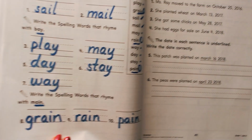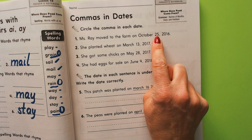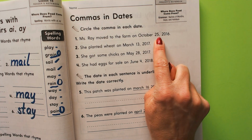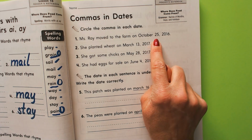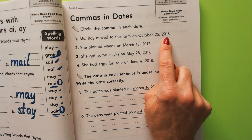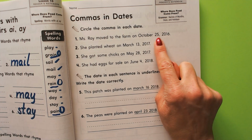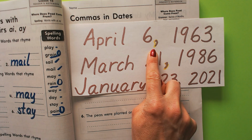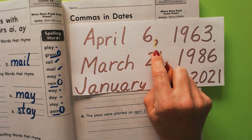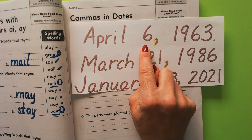Okay, so now let's work on our commas in dates. So we have to get used to separating our date from our year with a comma. Okay, if we don't, then it'll be like October 252,016th. You know, it can get really confusing. So we just have to get used to it. And I'm going to just give you an example. I highlighted these actually. If you look, you can barely see it, but I put a little bit of yellow around them. So you could see how I separated this date, April 6th, from this year,